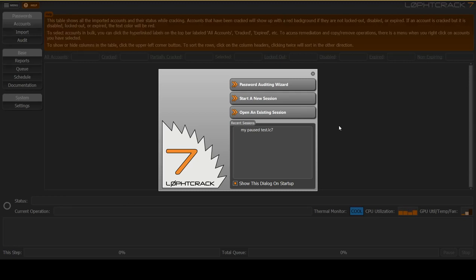Welcome to an introduction to LoftCrack 7. I want to show you how easy it is to import password hashes with the wizard, then audit and report on them. When LoftCrack 7 first starts up, it displays this screen, which allows me to select the password auditing